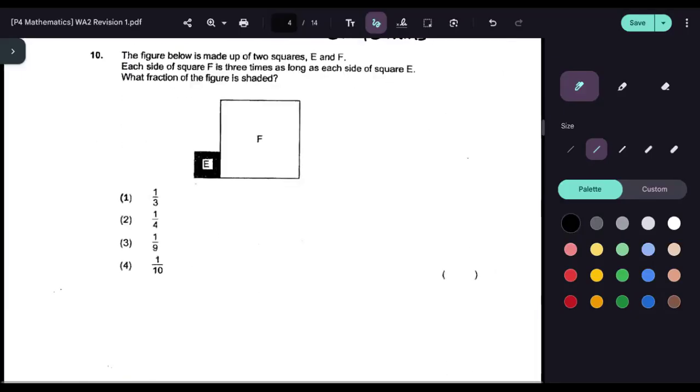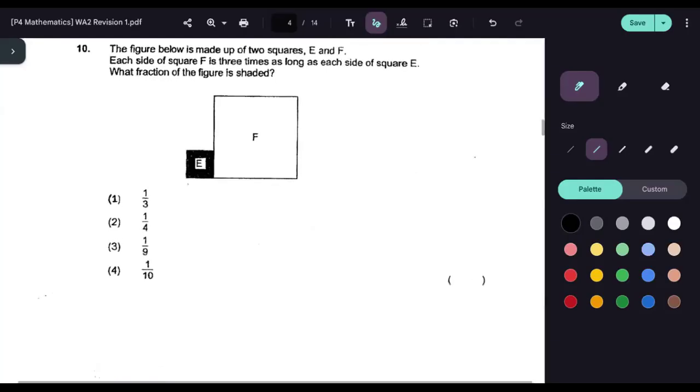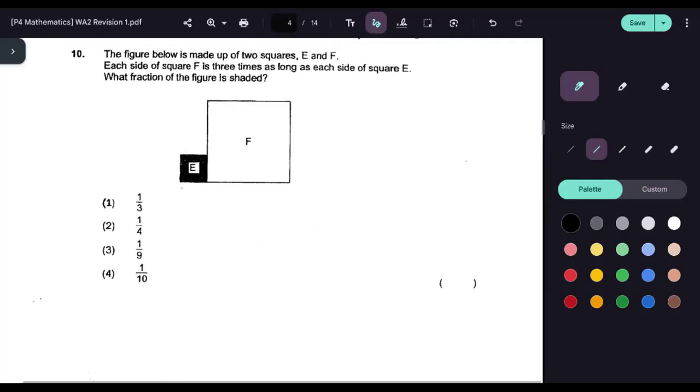Okay, next one. The figure below is made up of two squares E and F. Each side of square F is 3 times as long as each side of square E. What fraction of the figure is shaded? Okay, it says that each side of square F is 3 times as long as square E. So for this one, for primary 4, I'm going to teach you this. This is useful in secondary school because in secondary school you will experience a lot of this X, Y, and Z. So I will put here, let each side